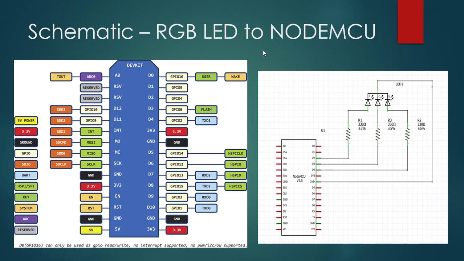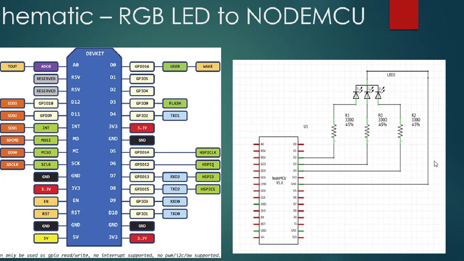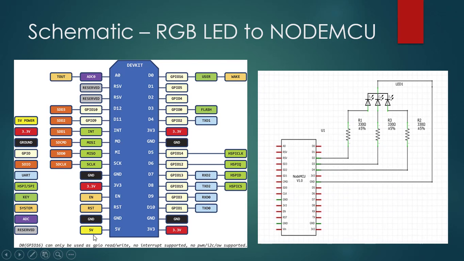Now if you see the NodeMCU pin map, D0, D1, D2, D3 are the names on the board, which are in fact GPIO 16, 5, 4, 0, etc. So you can observe this map. Now what I've done is I've connected an RGB LED like this to pins D2, 3, 4, or you can connect anywhere, it's up to the code, you can change the code. As it is common cathode, I have connected the ground.